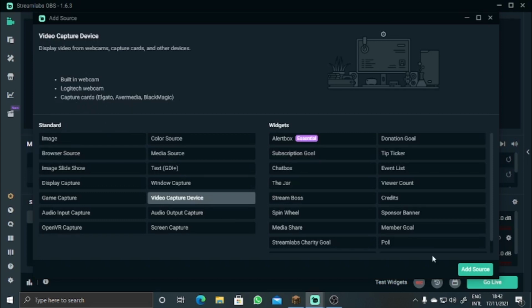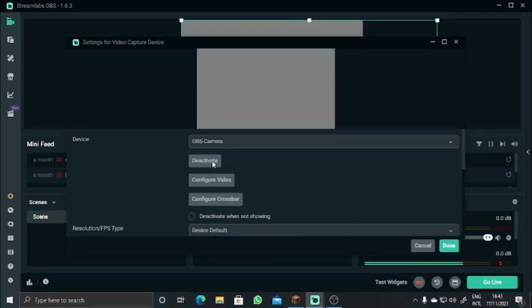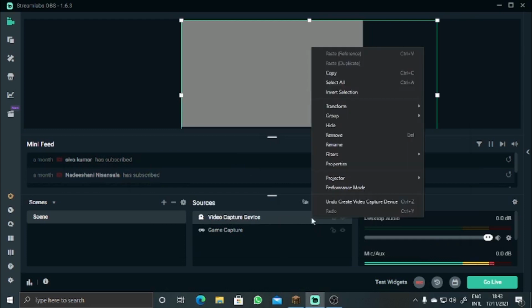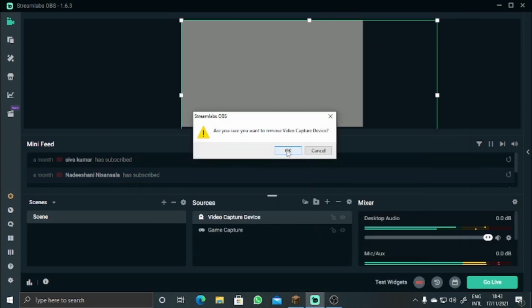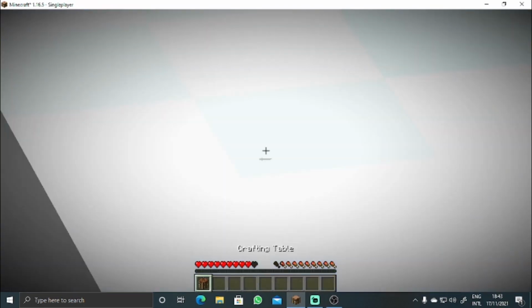I'm going to click add source, and you can give a name, and when you click add source, it asks for a webcam. I don't have a webcam right now, so I'm going to click cancel. But if you have a webcam, you can select it from here and click done. I don't have a webcam, so I'm just going to keep it like that. Again I'm going to remove the webcam, since I don't have it, and when you play the game, it automatically